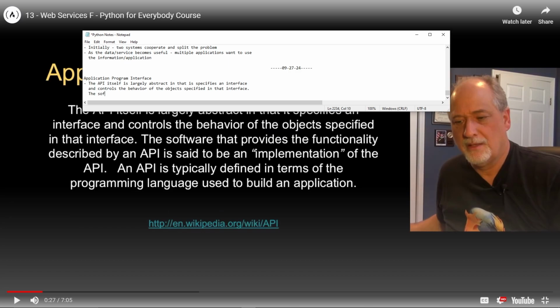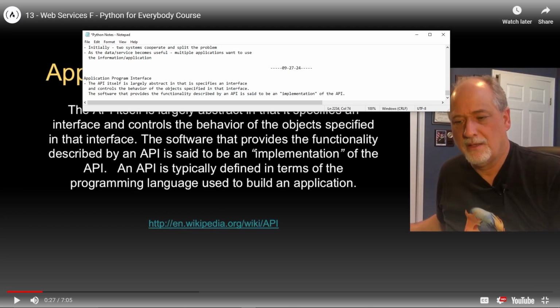The software that provides the functionality described by an API is said to be an implementation of the API.